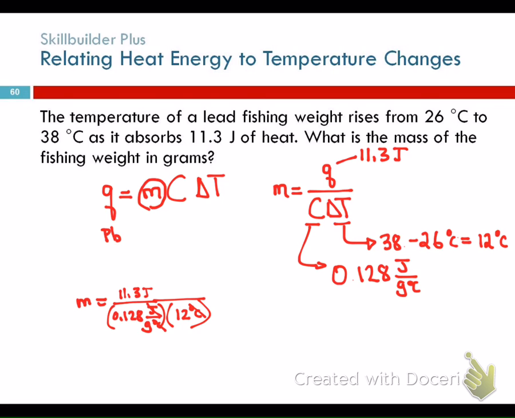The joules will cancel, and I have 1 over grams, so it ends up being grams. Okay? So I don't know what that number is, so I'm going to plug it in my calculator, 11.3 divided by 0.128 and divided by 12. And I get 7.357